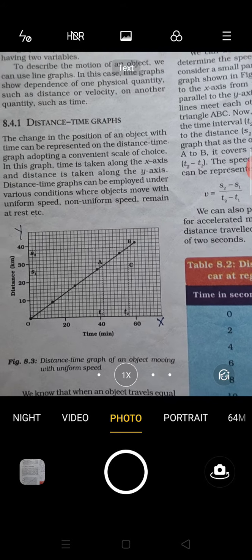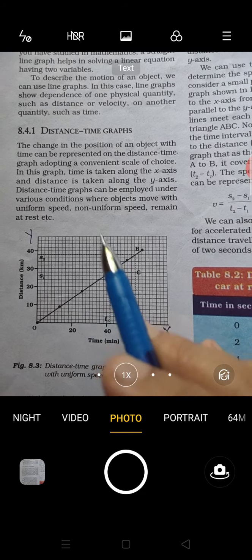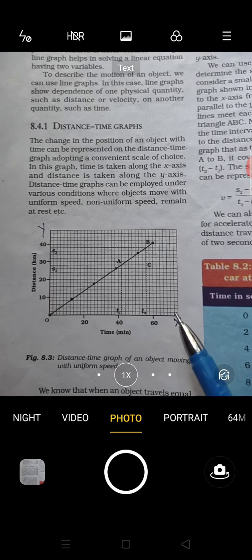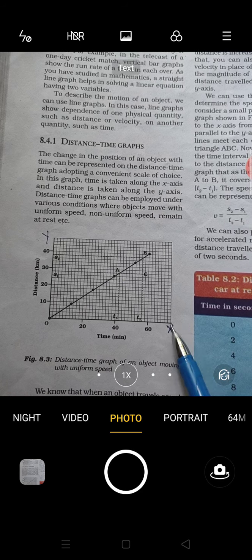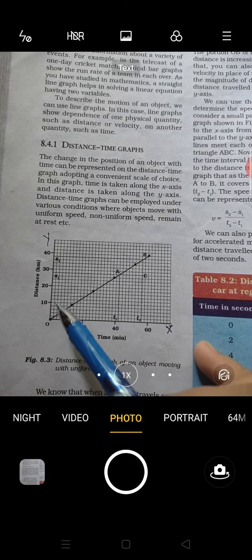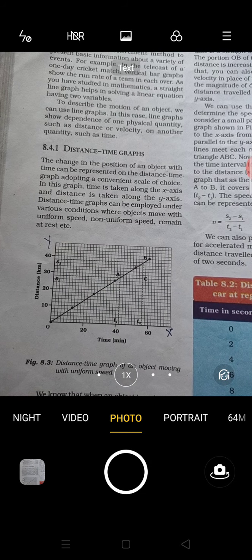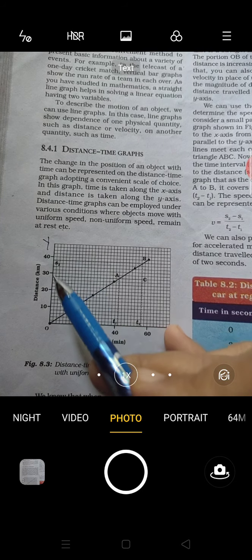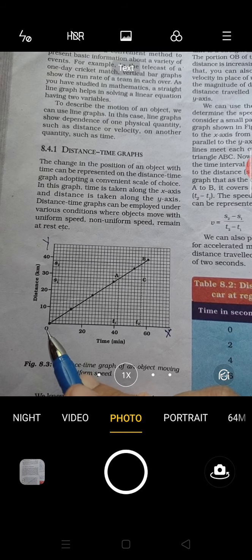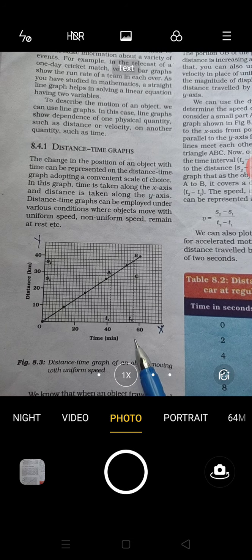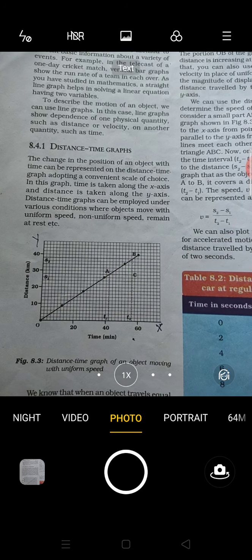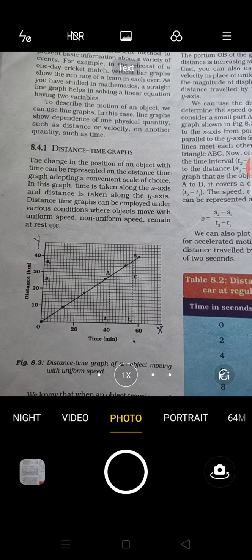So generally graphs are plotted on a paper ruled in millimeter squares. A horizontal line near the bottom of the paper serves as x-axis, and a vertical line near the left hand edge of the paper serves as y-axis, and the point of intersection of y-axis and x-axis serves as the origin, and it is represented by O. Usually the independent variable is represented along the x-axis, as I earlier said, and the dependent variable is represented along y-axis, choosing the convenient scale.